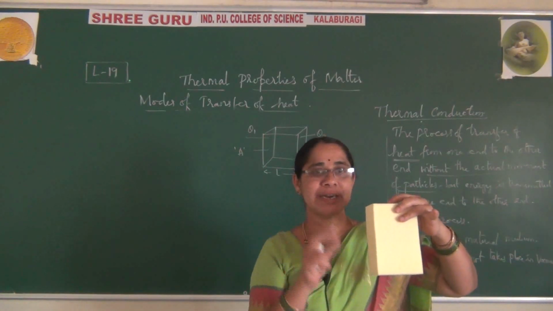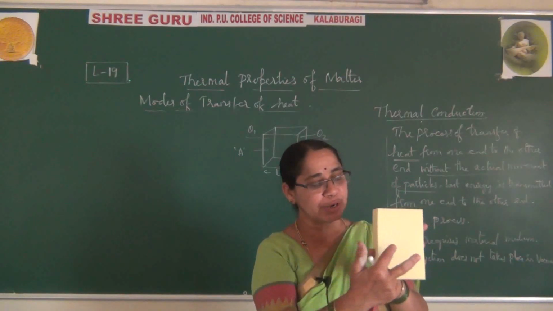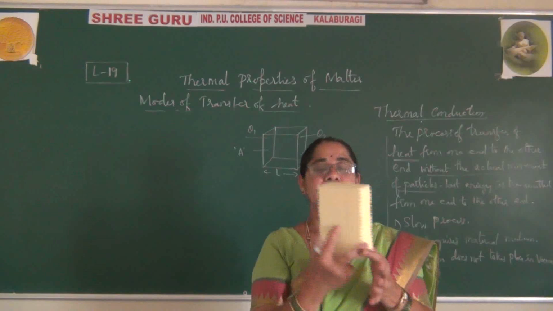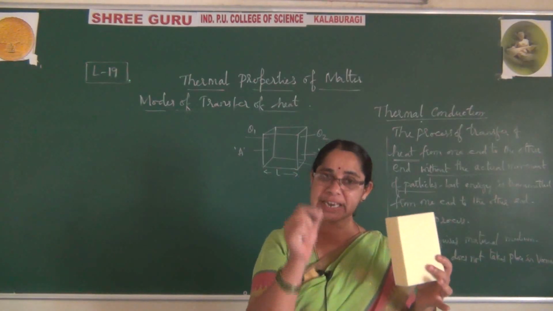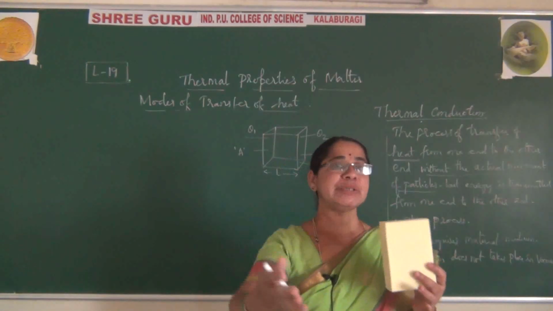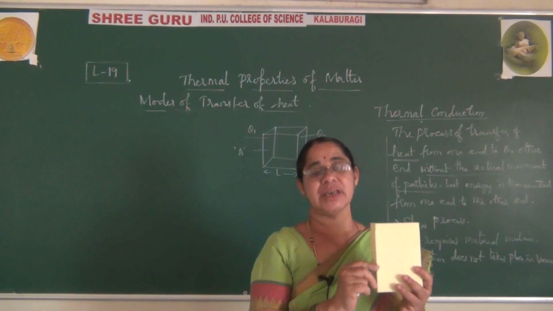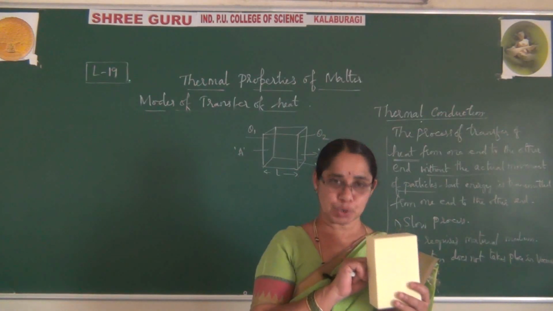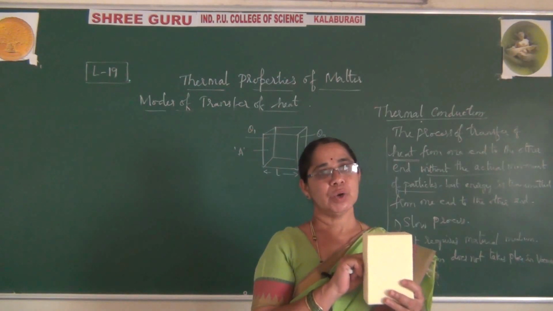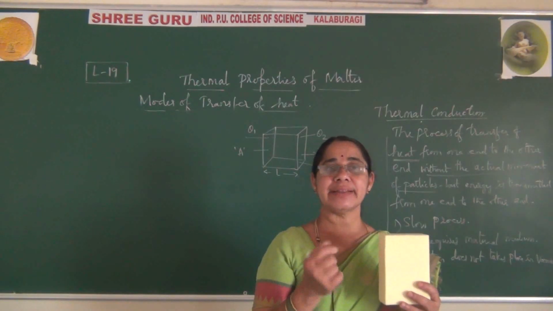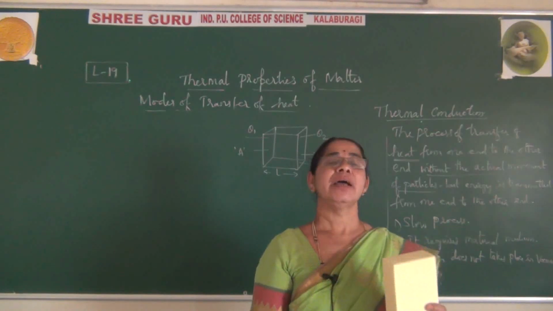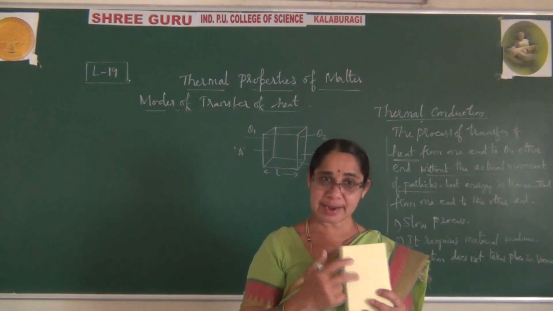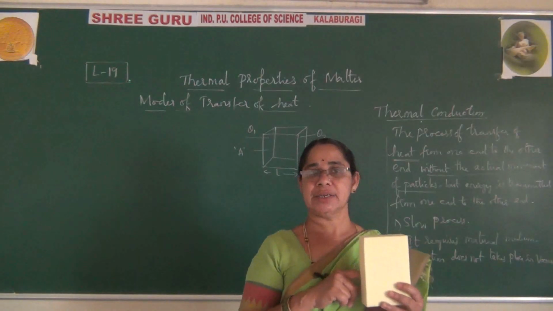Okay, one more point I want to say. If you want to take this as the first phase, exactly opposite is the second phase. So whichever phase you select, exactly opposite to that is taken as the second phase. So the first phase is taken as theta 1, the second phase is taken as theta 2. I am representing theta 1 and theta 2 as the temperatures. If you want to explain in terms of T, that is T1, T2, it is also correct.